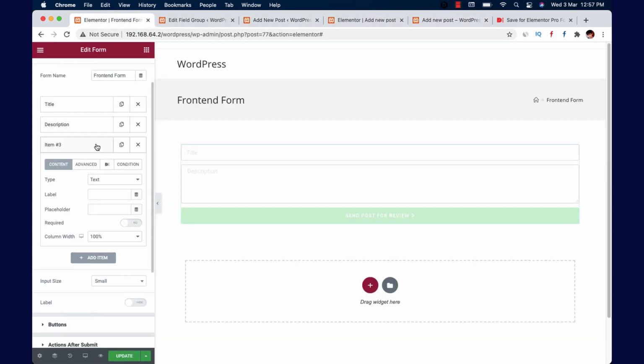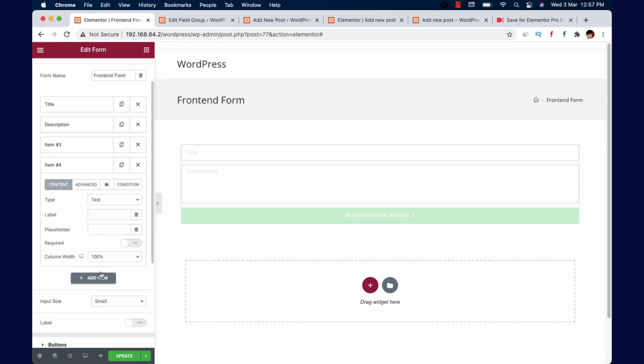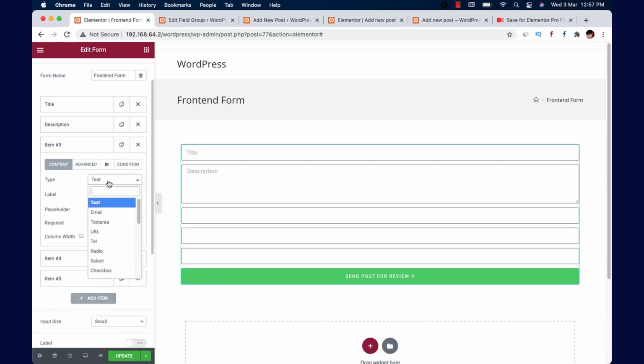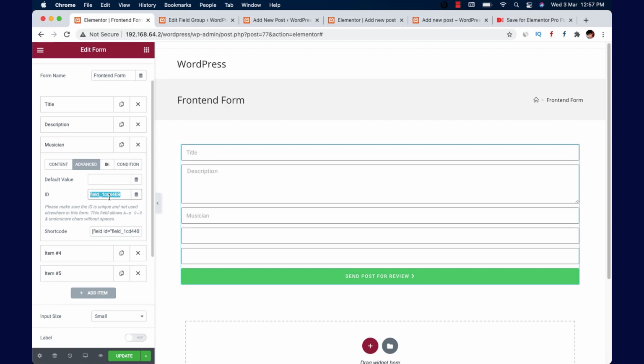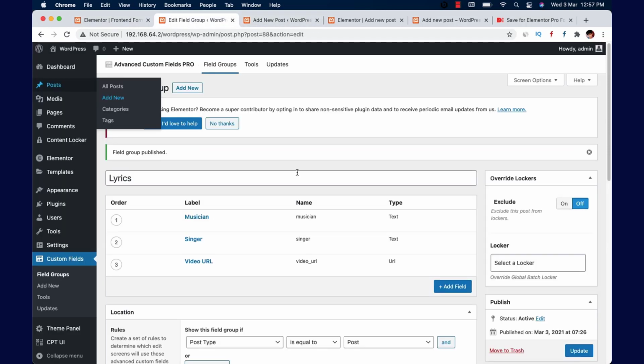What we will do, we will create three more fields here. It will be a text field called musician, right? Now here what you want to notice is that this ID should be equivalent to this key value, right?